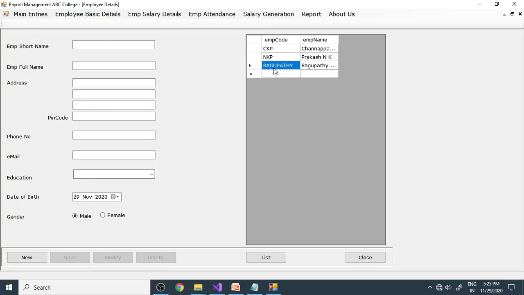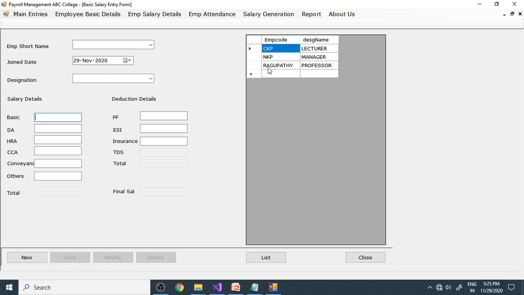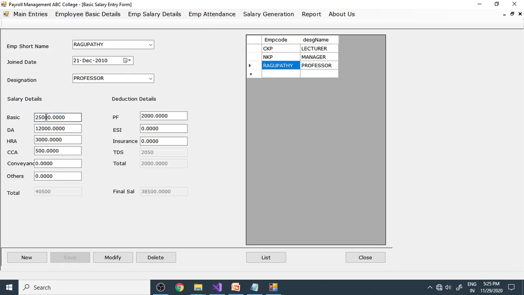Next, employee basic details. Here are the basic details: their address, their short name, male or female. All these details we can enter via employee basic details. Here is employee salary details. This is what is important. This is the basic, based on DA, HRA, CCA, conveyance, others, and the total salary